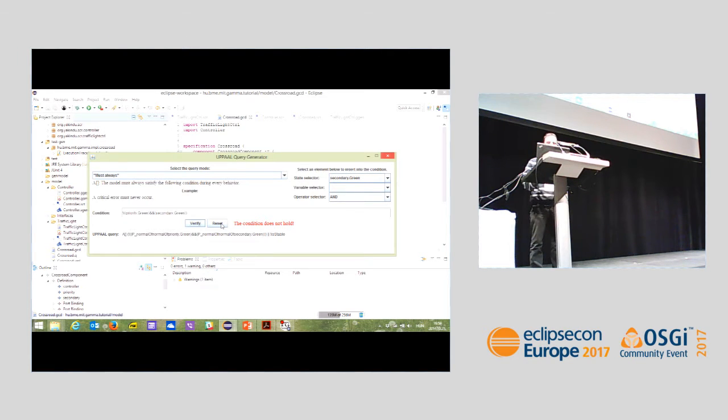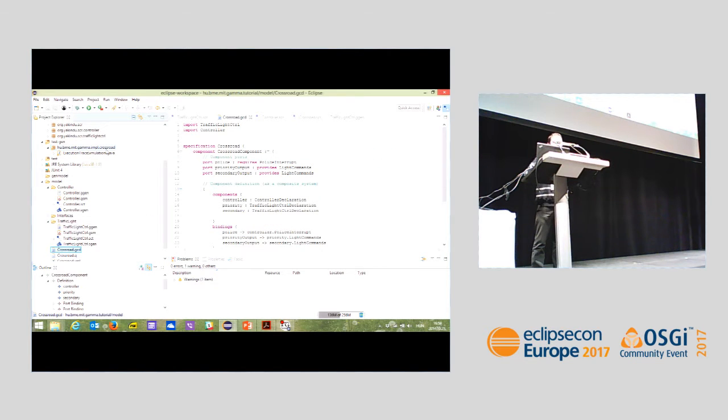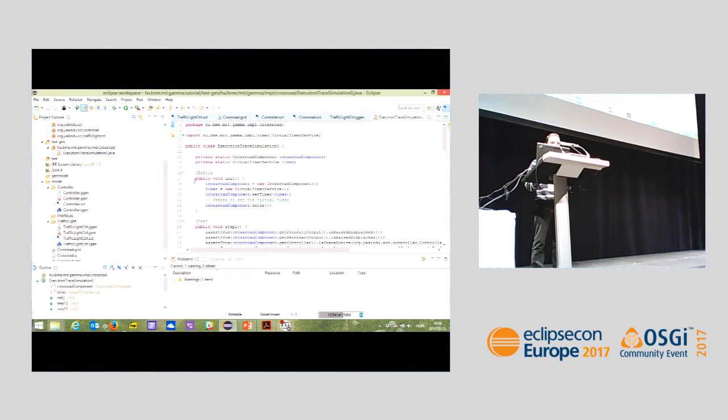But what to do with it? We have a tool to trace the verification results back to the level of the code. So we get a JUnit test from it, and you can run it and debug your system to see how it goes wrong.